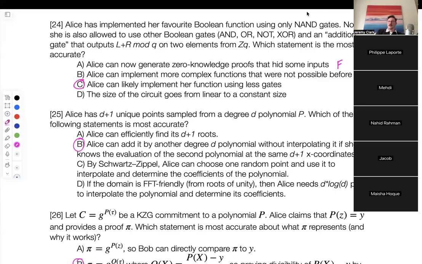Okay. But you can implement it. Okay. So that's not true. Alice can likely implement her function using fewer gates. So this is true. That's basically what extra gates give you. Let's say you're doing an AND somewhere